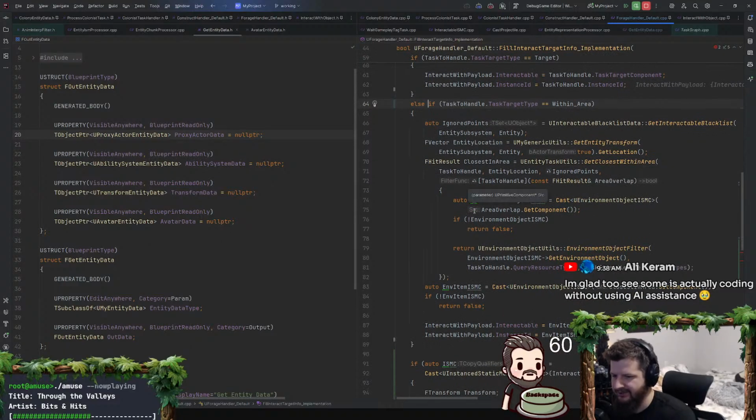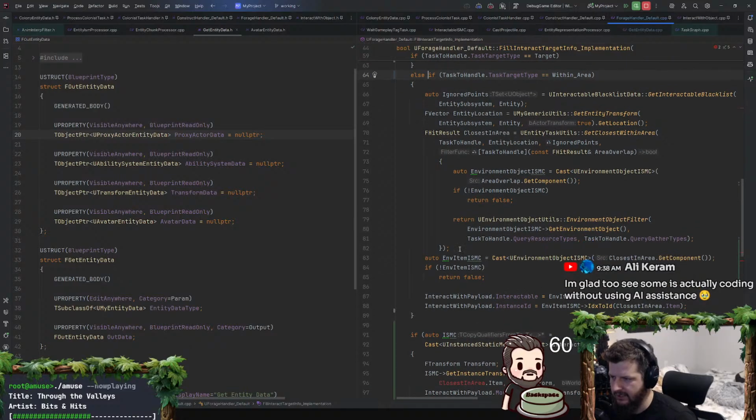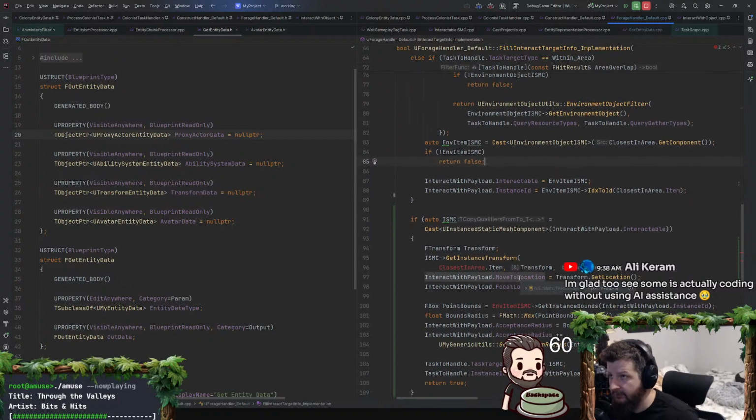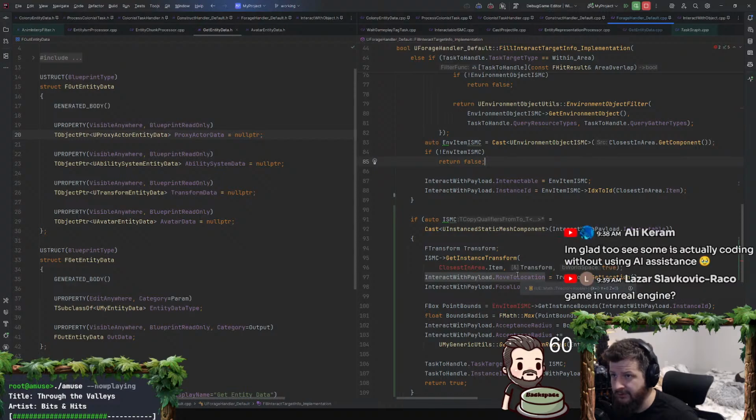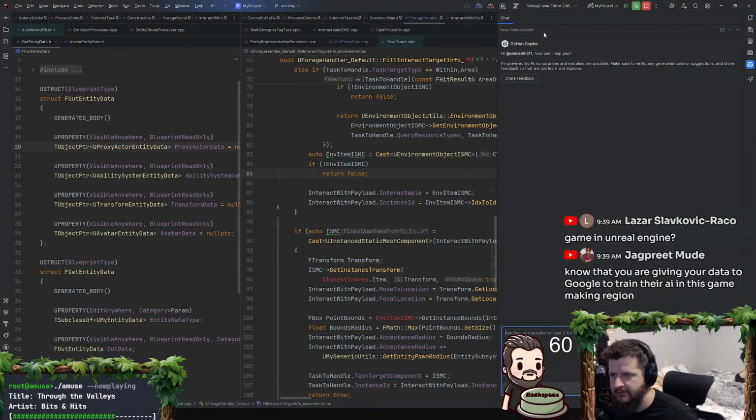I'm glad to see someone who's actually coding without using AI assistance. Yeah, I don't think AI would be very good for what I'm doing right now. I do use it sometimes. The more general something is, the better AI is going to be at it, due to its power of statistical analysis and pattern matching. But when it comes to game development, you're making a lot of bespoke solutions for your game, right? A game in Unreal Engine? Yes, it is Unreal Engine. But I do have Copilot, right? I seem to have lost my options for it, but